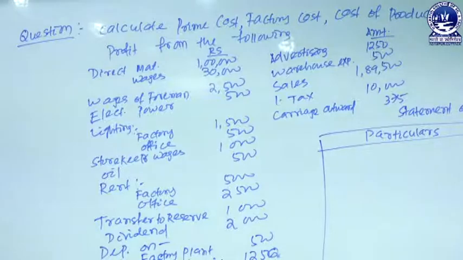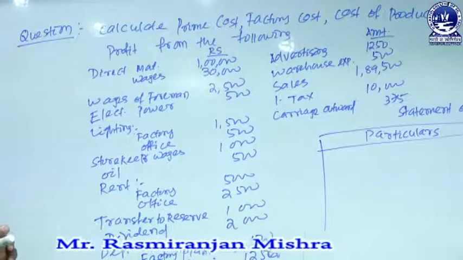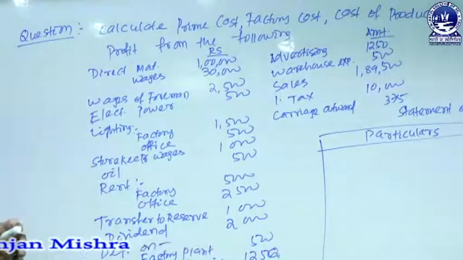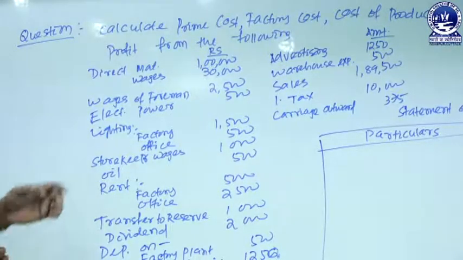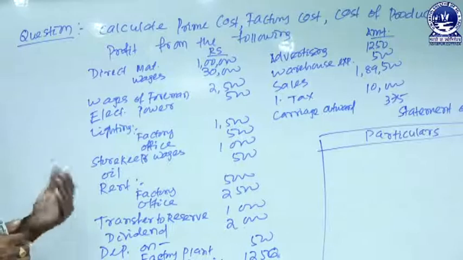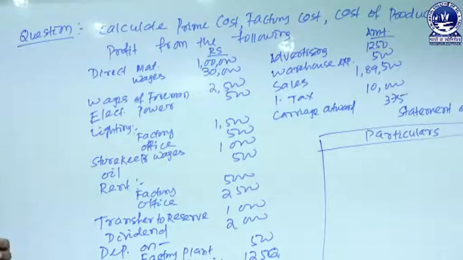Before preparation of a cost sheet, we must know there are certain items of expenses which are purely excluded at the time of preparing a cost sheet. These are items relating to appropriation of profit, or items of a purely financial nature, which will be taken into consideration at the time of preparing the financial accounts or final accounts. Those items of expenses or incomes are purely excluded at the time of preparing a cost sheet.